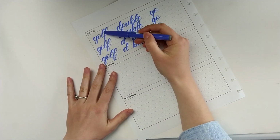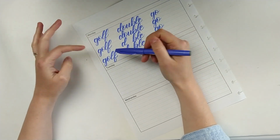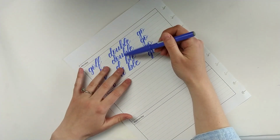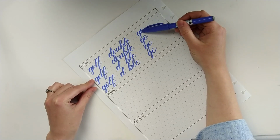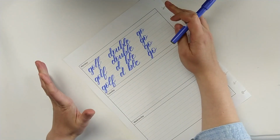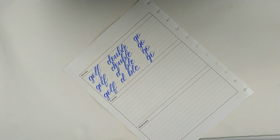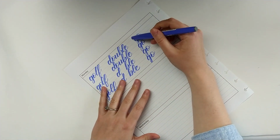I showed you the 3 lines for golf and how you can have them all stacked up, and that if you have only ascenders, you can just use 2 lines and fit 4 up and down. And if you only have descenders, then you can still fit 4 stacked. For both of these, you'll have 1 extra line, but they make a nice spacing, and it's really nice and aesthetic looking. So what I like about these is the ability to fit 4 when you want to,